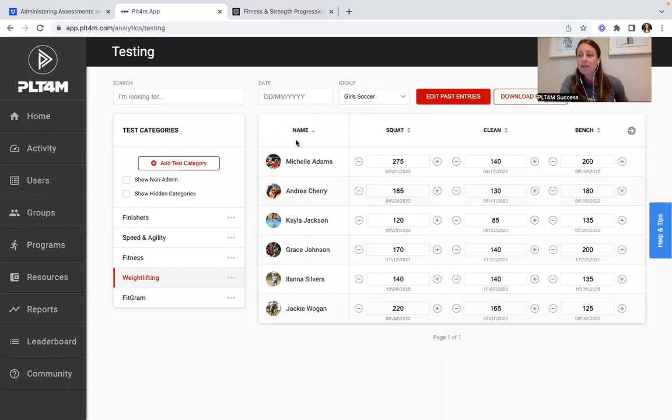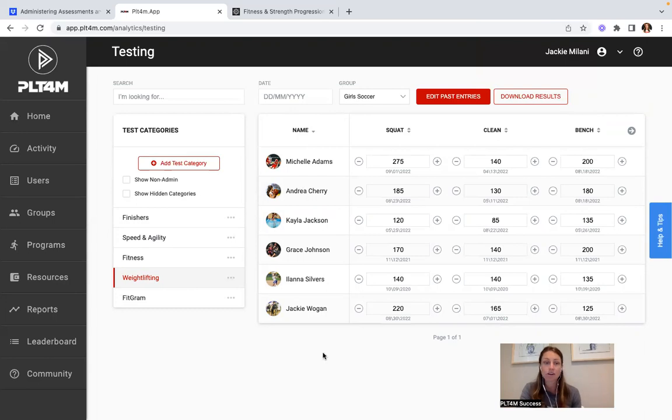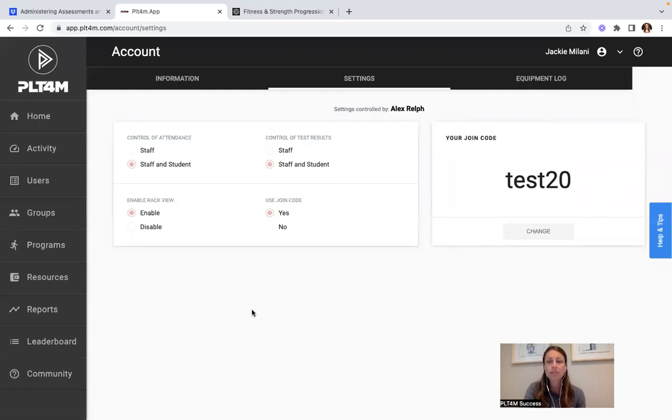All right, so moving on to other ways that tests can be logged. So we know how to set up your testing page. That's what we just reviewed right here, which is where you as a coach or teacher can organize and input test results. Now let's take a look at the other way that tests are captured in platform. So before we dive into that, I do want to point out that you have a setting in your account. So if you were to hover over this little caret here in the upper right-hand corner of your account, you'll notice there's a settings option. So if we click on that, you do have the ability to